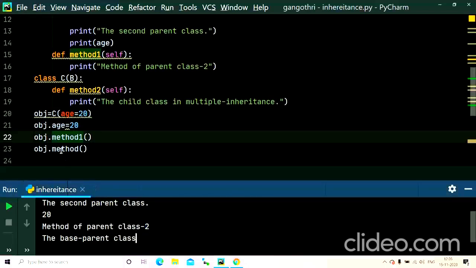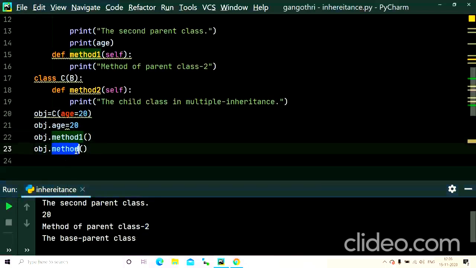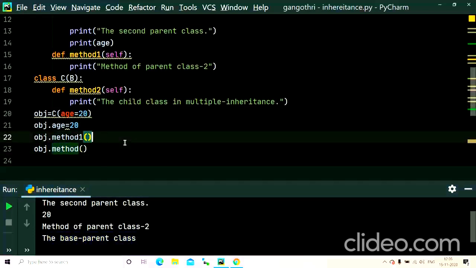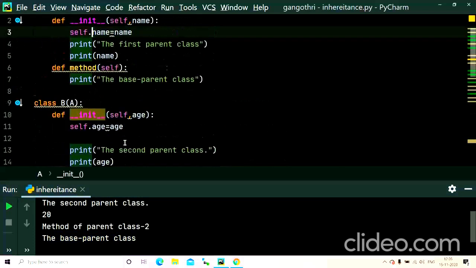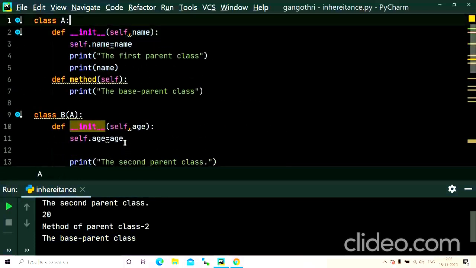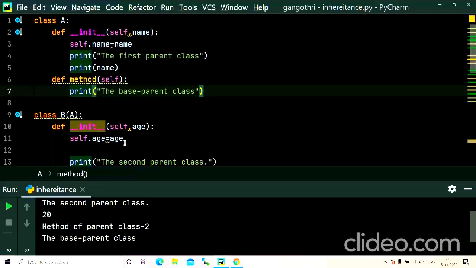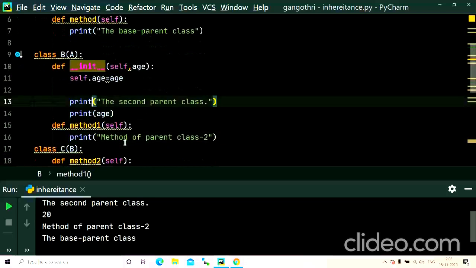And finally, we have called our method of the first parent class, for which we have given the print statement to be the base parent class. It worked, right? So, in this way, without direct inheritance, you can inherit the properties of a class to another class, and thereby you can inherit the properties of both classes to the base child class. Okay. This is about multi-level inheritance.